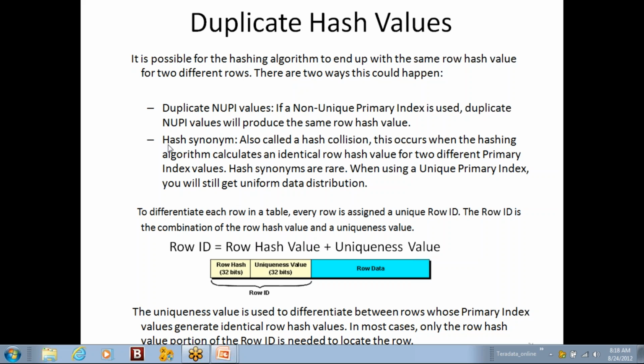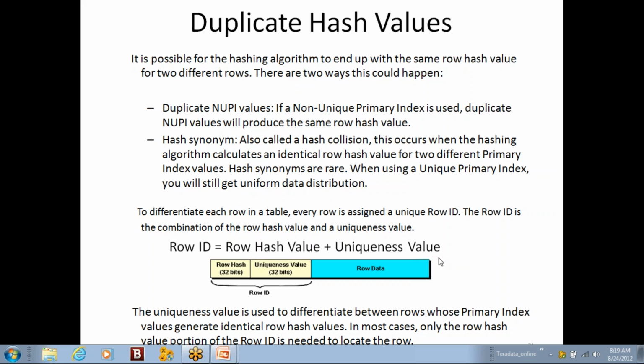To identify these duplicate NUPI values, where the row hash value is the same for two different records with equal primary index, or hash synonyms where the hash values are the same even though the primary index values are not, in these two scenarios, to identify each and every record uniquely, the hash algorithm generates one more value called the uniqueness value.